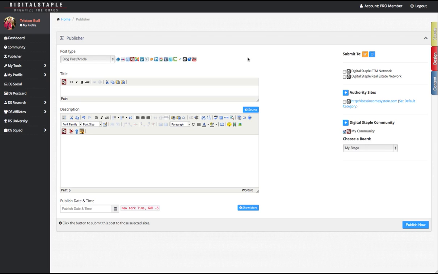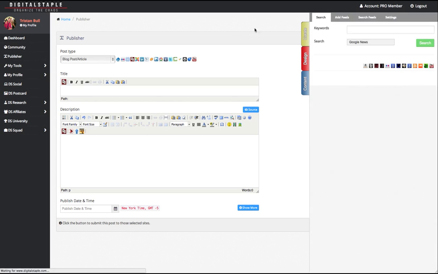Now, as great as that is, we take it one step further because you can actually create amazing content within the publisher. So these little tabs here are basically where you're going to get your content from. So this is the curation tab. Now what that means is you can pull content from a variety of high quality sources, okay? So you can search for Google News, you can pull videos, pull images, search blogs, even actual audio clips, okay? So that's pretty cool. So just to give you a quick demonstration of how it works, you would type in